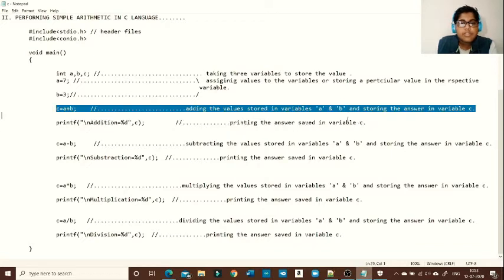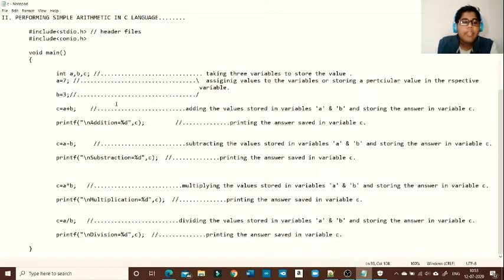So this is the main code, and in other arithmetic calculations everything is the same, just instead of this sign and this we will change them, such as instead of plus we will add minus, or the star symbol which represents multiplication, and / which represents division.